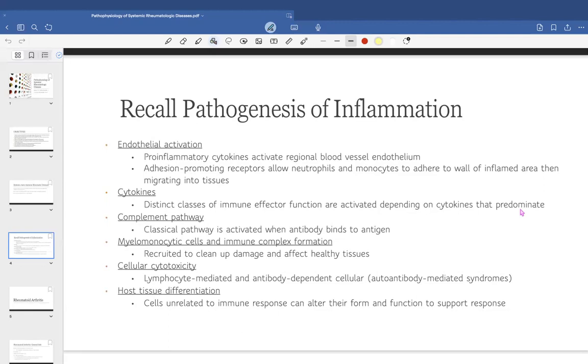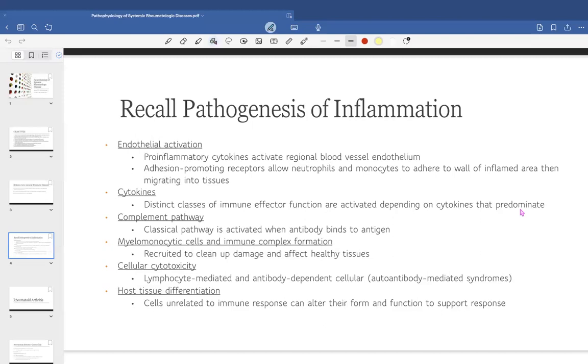Again, the pathogenesis of inflammation becomes important even in these disorders. Remember, they're autoimmune, they're inflammatory. So keep in mind, with these kinds of disorders, when you have inflammation, it's going to lead to that very familiar, hopefully by this point, cascade of events. And potential, so with endothelial activation,